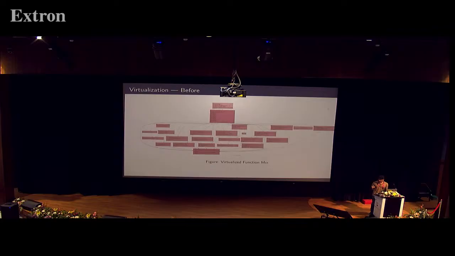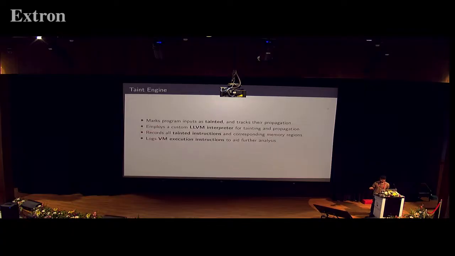The problem with this is now obfuscation designers have a lot of freedom in what kind of VM they want to design. So there is no fixed heuristic that we can go with. It can be a heap VM, it can be a stack-based VM. The bytecode can be in global memory, can be local. So basically the point is static analysis cannot do this. How do we fix this? Taint engine. So what is taint analysis? Taint analysis quite simply is when you taint a value and then you track how the value flows through the program.